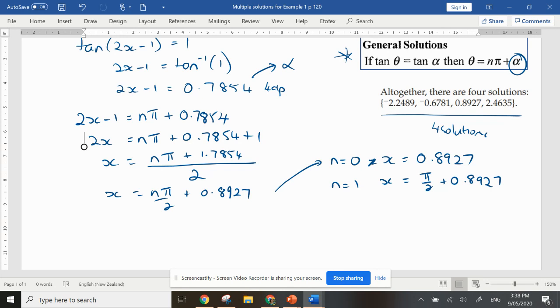That comes to about 2.466. Then we do n is 2, and that would be pi plus 0.8927, and that gives me